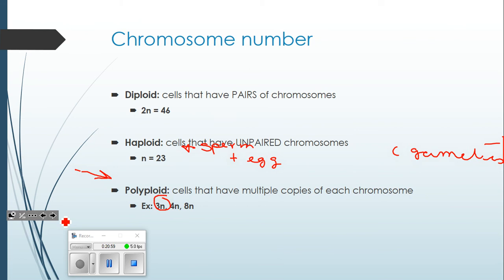There are some, especially aquatic organisms, that just naturally exist with 4N or with 8N, and so it's really species specific. Polyploid is not something you'll see a ton. You will see diploid and haploid most of the time. That'll be our main points of discussion, those two. Now, if you remember the other day, I said that you need to be able to